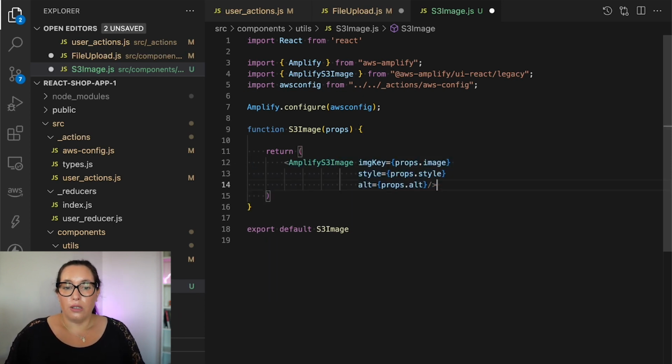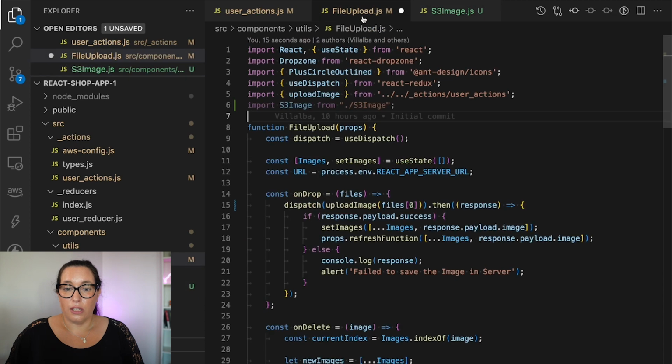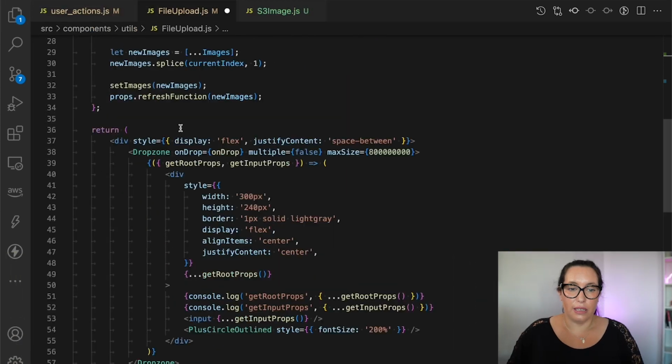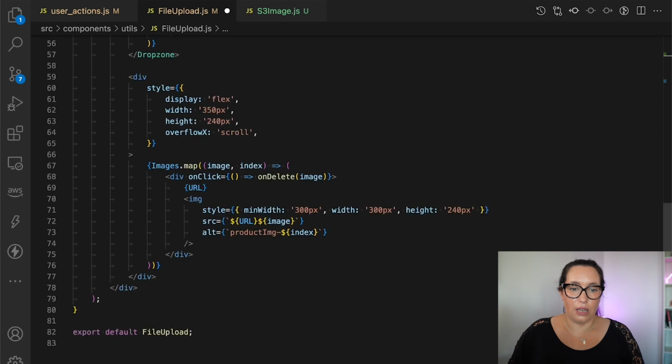So now I can use this component in different parts of my application. In this case, where I'm uploading an image and then I'm basically fetching right away to show that the image is uploaded. And I can basically also use it in the product page, in the landing page, and wherever images are needed. So let's see it in use here. I'm basically going to where the image is happening, and I'm going to replace all that with my S3 image and the right